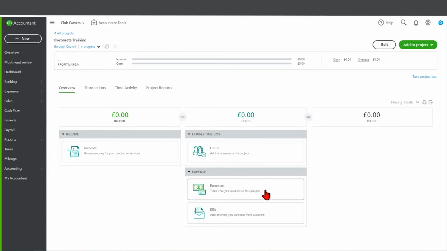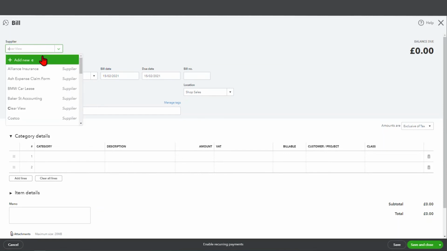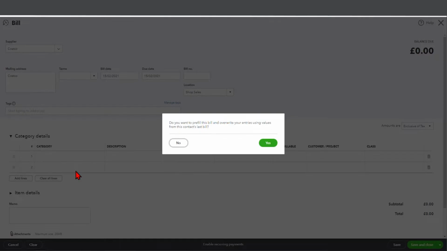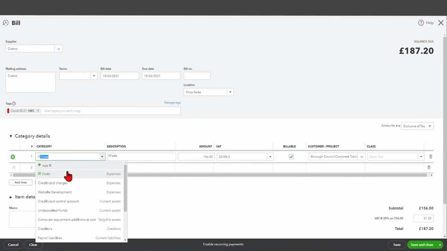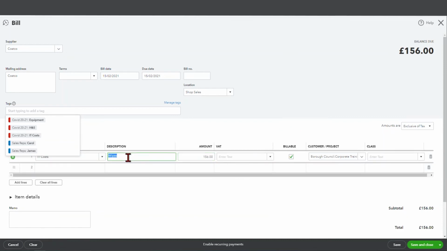Now we can add to this just like we'd create any ordinary transaction. Okay, so we can track our expenses, our bills, our hours, and track our invoices. Okay, so we have a bill and we buy some specialized equipment. Okay, back to our friends at Costco, and we've bought some specialized equipment. Bear with me. And we've bought some IT equipment. We don't want to tag it, but what we do want to say is that this equipment, we bought some new PCs, this equipment was specifically,